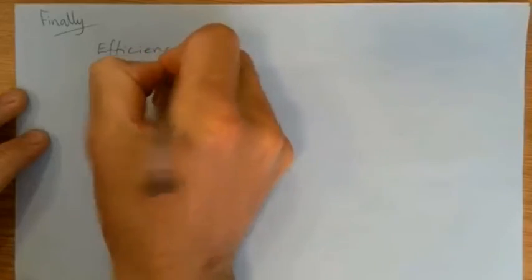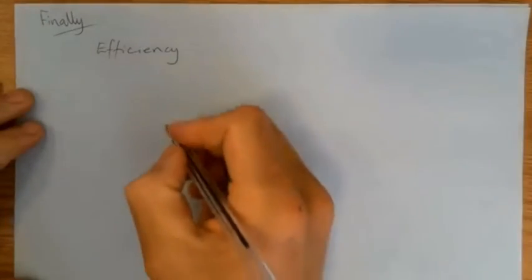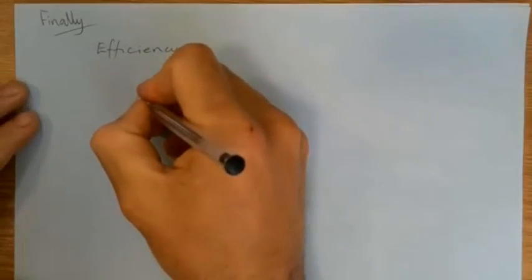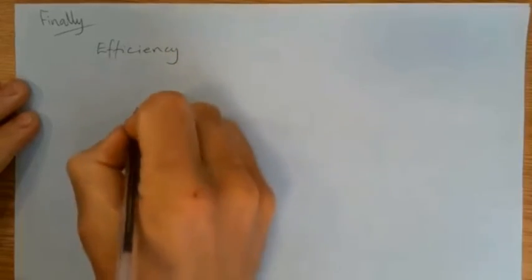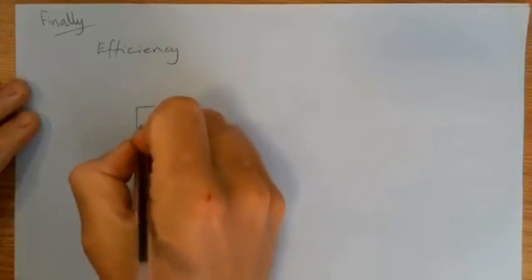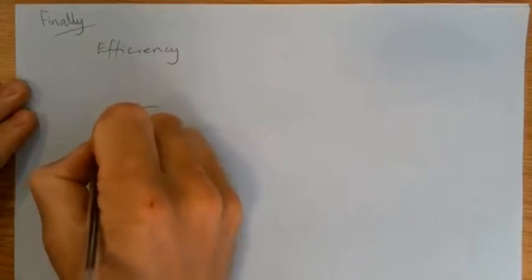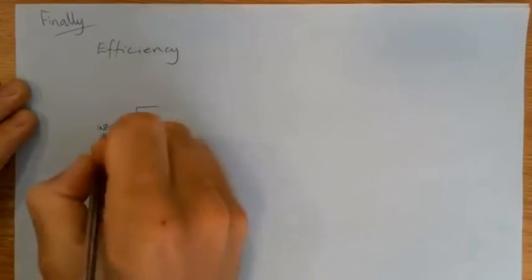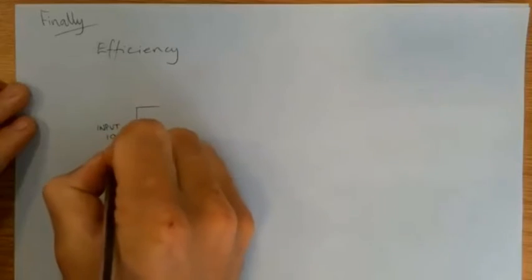So efficiency is the comparison, if you like, of where you want the energy to go compared to how much energy has come in at the start. And as I started in the video looking at Sankey diagrams, I think it's a really nice way of thinking about this. So if we've got an input energy of 1000 joules,